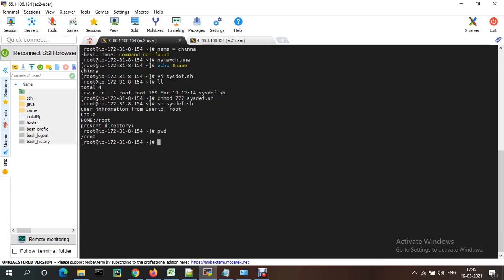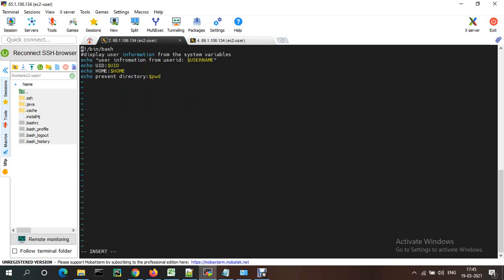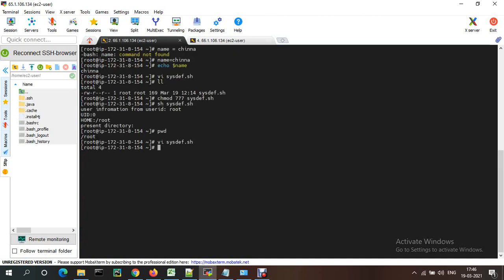For that, you just need to give hostname. See, hostname, you just need to give the proper information. Okay, the hostname will be displayed.